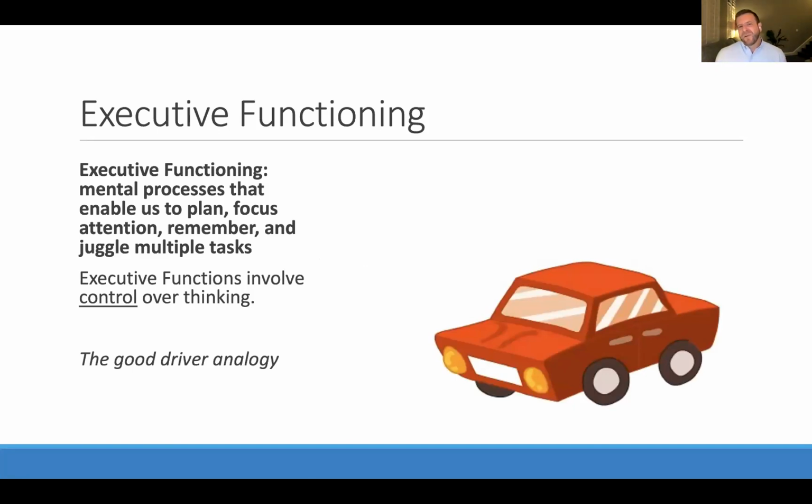Because that's what the driver of a car does. It exercises good control over the car. It's more than just the engine of the car. The driver has a role in making that trip go well. So with these executive processes, we use the car analogy. They're things like using the gas and the brake, getting started when you need to on something. Using a brake, maybe not just reacting, or selecting a response, but taking your time, putting the brakes on, not being so impulsive. Being able to stop. These are all things that individuals with executive functioning difficulties can struggle with.